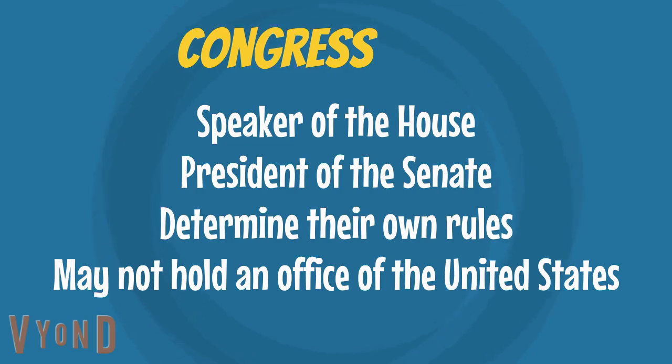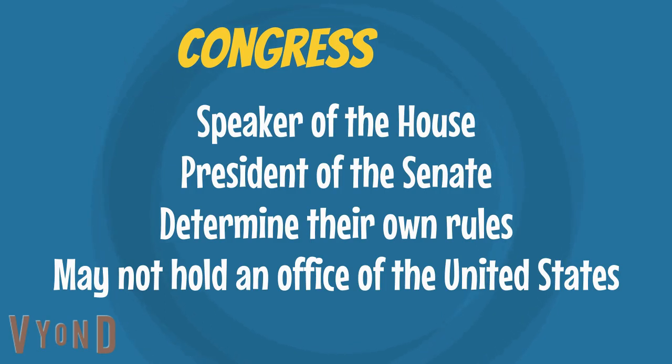The limitation on Congress people is that if you're elected to the Senate or the House, you cannot serve in the executive. So sometimes we hear, for example, that a senator wants to become Secretary of State. Well, to become Secretary of State, they have to give up their seat. If someone from the House wants to become Secretary of Defense, they have to give up their seat in the House. You cannot sit in Congress and work in one of the executive offices, in one of the presidential offices, one of the cabinet offices at the same time. You have to be separate.